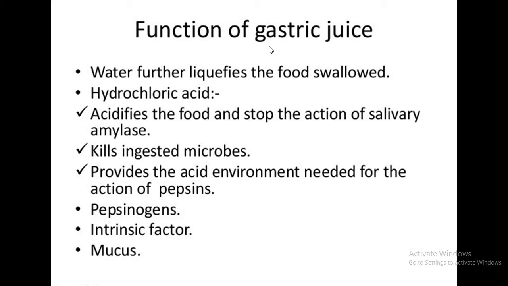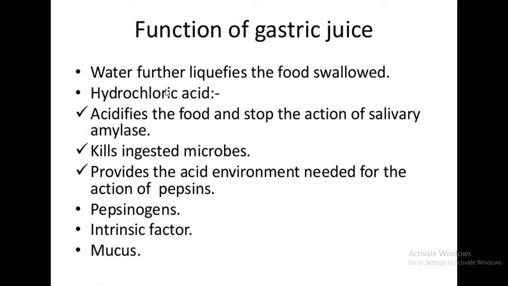Gastro is the Latin term which means empty bag-like structure. So the enzyme secreted by the stomach wall, inner wall of the stomach, is known as gastric juice. There are three basic components of the gastric juice which you have to study, that is HCl, pepsinogen, prorenin and renin. So basically three, that is HCl, pepsinogen and prorenin.